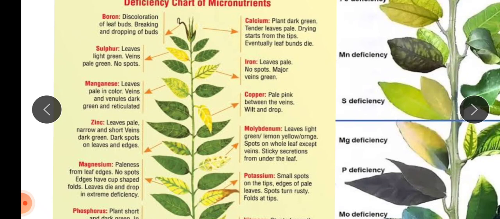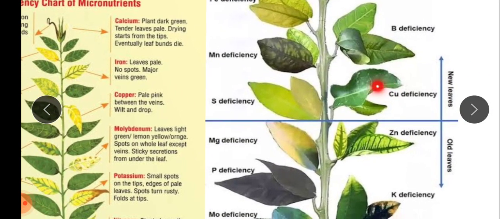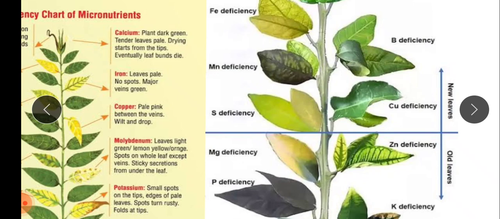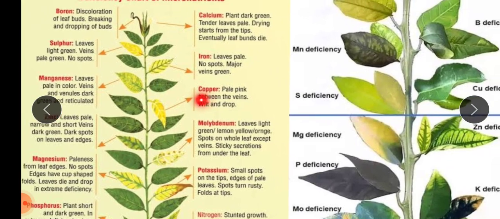After manganese, copper is also a very important nutrient. We observe this deficiency in those pictures. With copper deficiency, younger leaves of maize become yellow and turn pale, while the older leaves die back. Extreme deficiency in cereals and legumes shows reclamation disease. Due to deficiency of copper, the leaves turn pale pink, and between the veins they wilt and drop down.